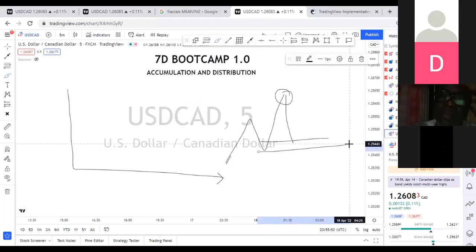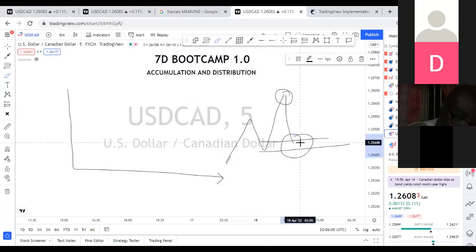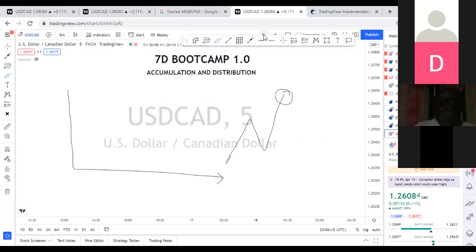Well, for some people it's enough, but for this class, the purpose of this class, we want to see how we can, in this entire area, find a trade or an entry that will give us a stop loss as low as 8 pips, as low as 4 pips, as low as 10 pips. All right, that is what we are looking for. That is what we want to do. Okay, so now, like it's our custom, I like to do this. So let's go